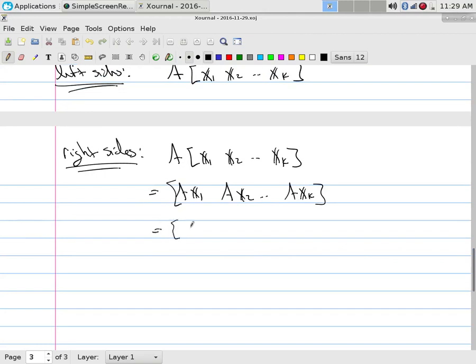That's just simply lambda 1 x1, lambda 2 x2, up to lambda k xk, right? So A times each of these x's, the A would distribute, but that would multiply through,